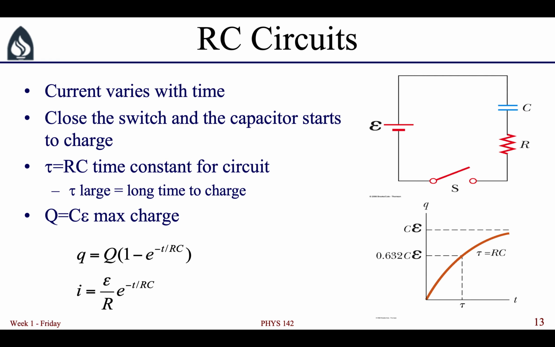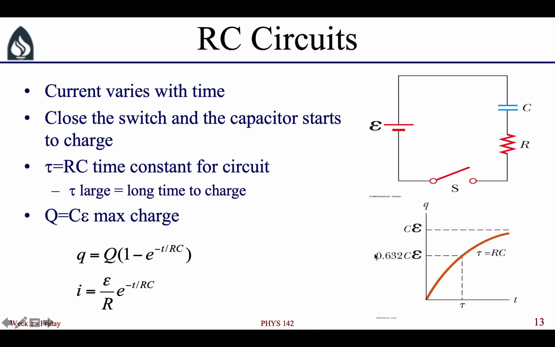An RC circuit is a circuit that contains both a resistor and a capacitor. Now let's imagine that this resistor and capacitor are hooked up to a battery and that there is a switch that is open that keeps current from flowing in this circuit. Initially, the capacitor is uncharged. When we throw the switch, the battery will start pushing current around the circuit and the capacitor will start to